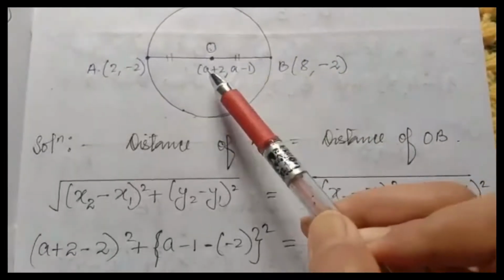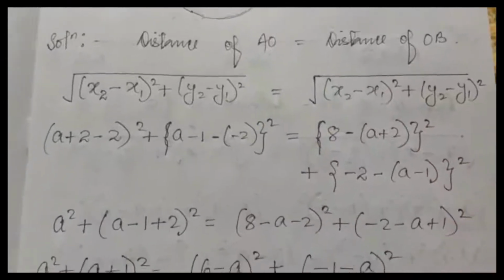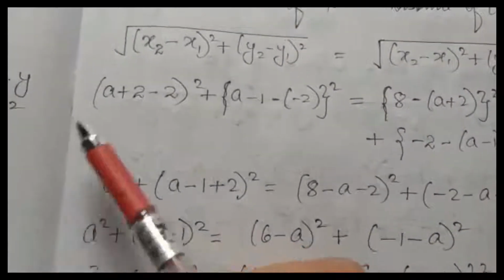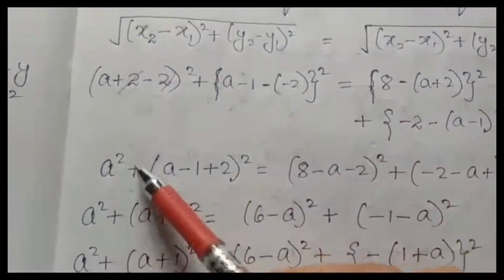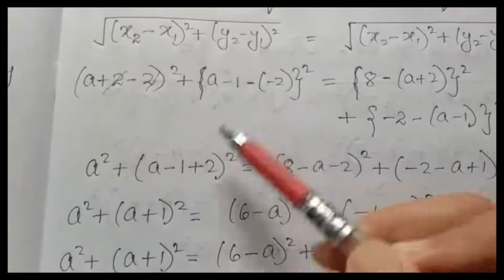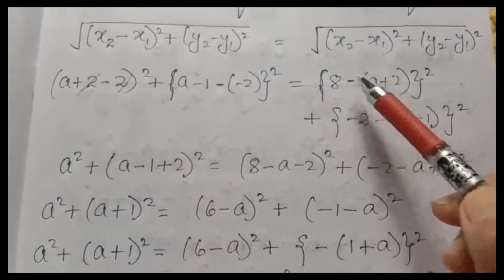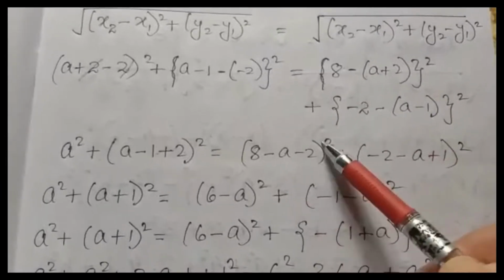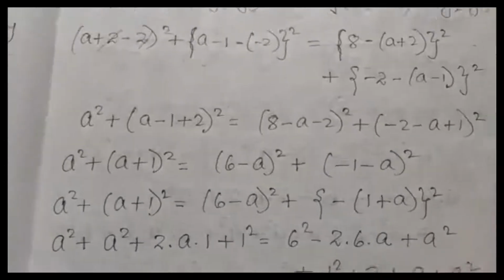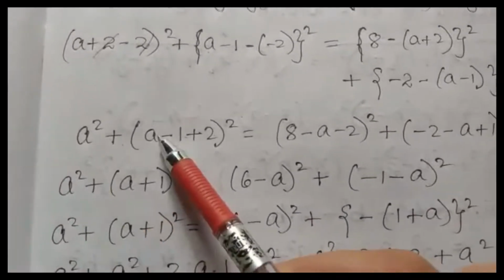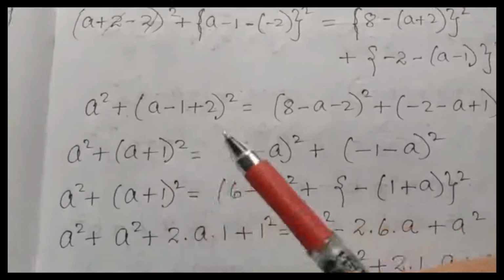So (8 − a + 2) then minus (2 − a − 1) whole square. Then you'll get 2 and −2 cancel. a² + (a − 1 − (−(−2)))... is equal to (8 − a − (−2))² + (−2 − a − (−1))². Then a² + (a − 1 + 2), opposite sign subtraction, + 1 whole square is equal